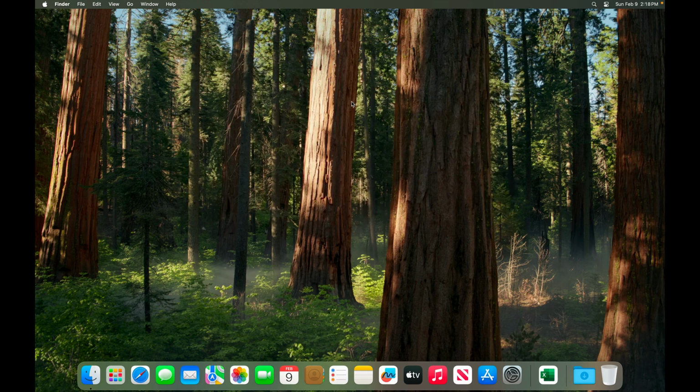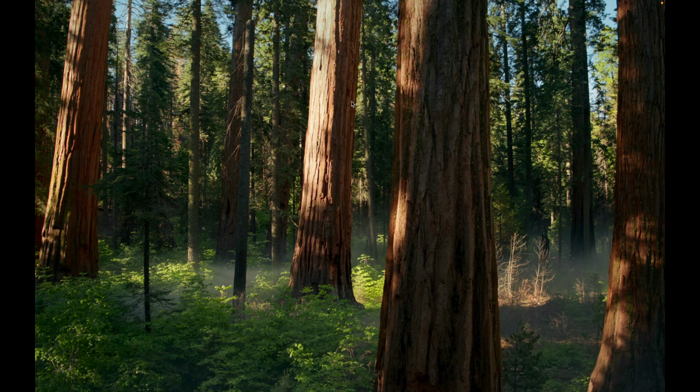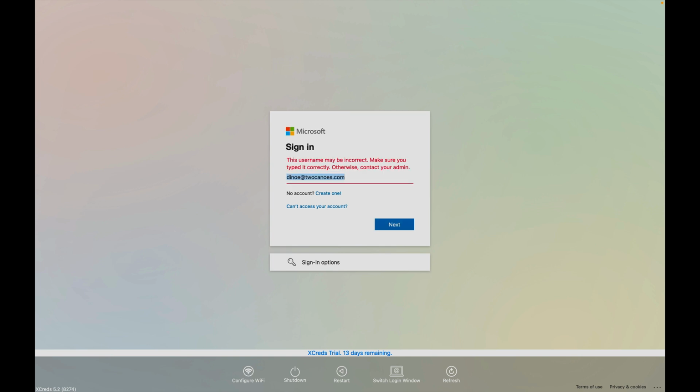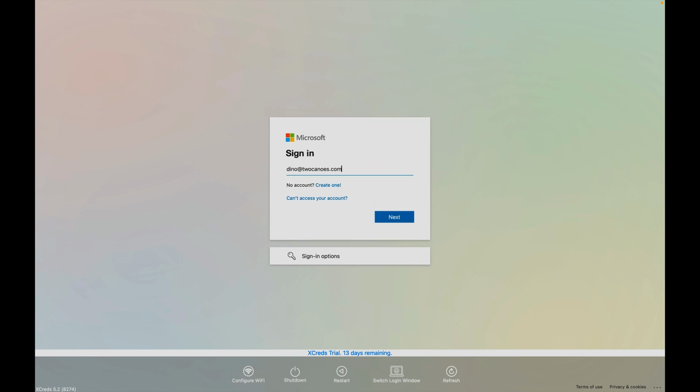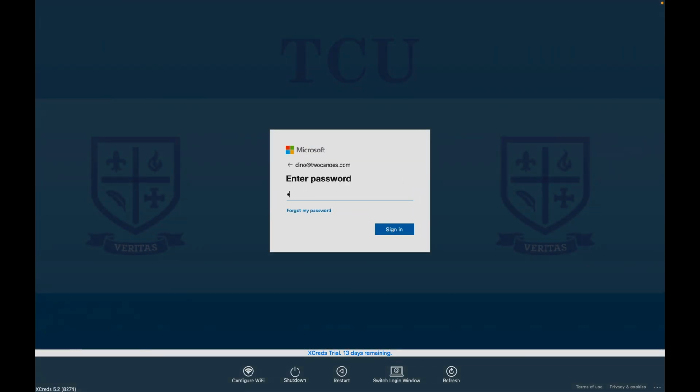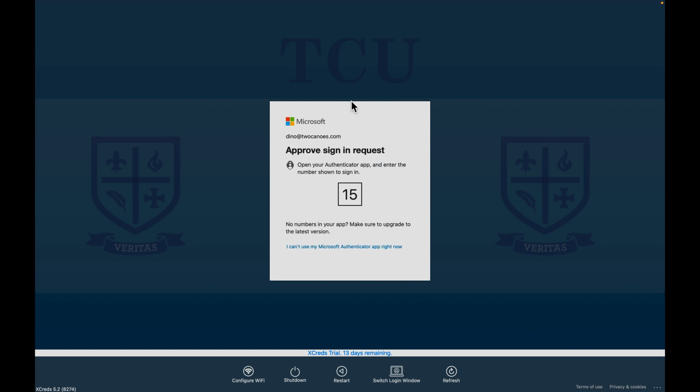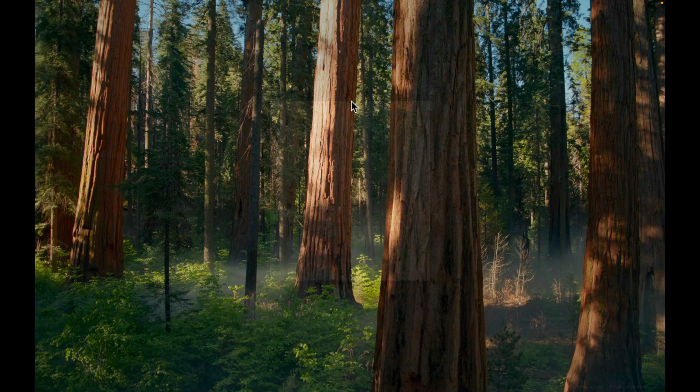So that was great, but it was some steps to get registered. So let me log out and show you what subsequent logins look like. Okay, so I'll put in that Dino user again, but we've already, oh, I got to spell it right. Okay, and it's going to prompt me for my authentication, and done. Now you can see the login will be very quick. I'll get to the desktop,